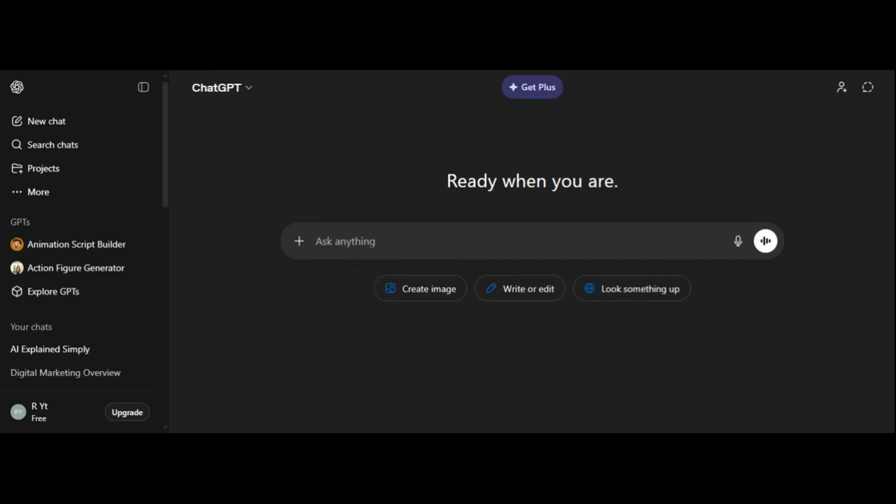If you want to speed up your SEO research and find better content ideas in minutes, ChatGPT can help you do exactly that. In this video, I'm going to show you how to use ChatGPT for SEO keyword research step by step so you can discover keyword ideas, find long-tail keywords, organize them by search intent, and turn them into